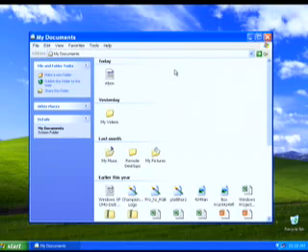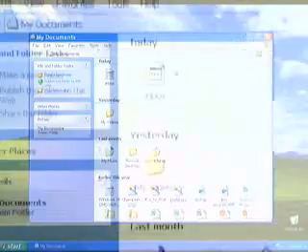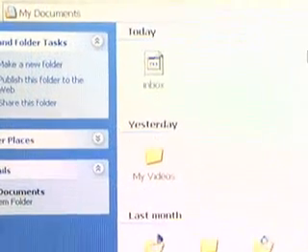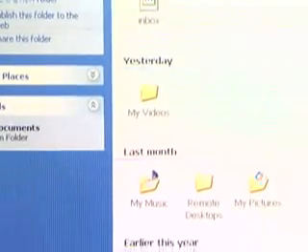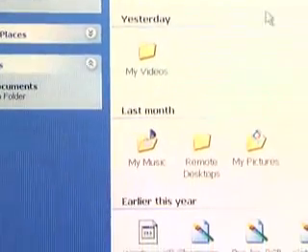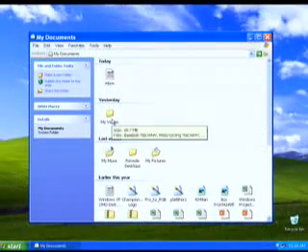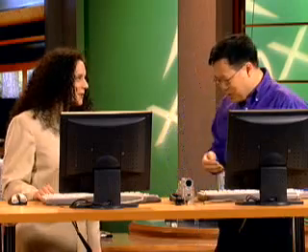So we know a lot of users have difficulties finding their files and programs. For example, I like to find my programs by the last modified. So I can find things I worked on yesterday or even today. Okay, so now in Windows 95, why don't you show us how easy it was to actually find programs on